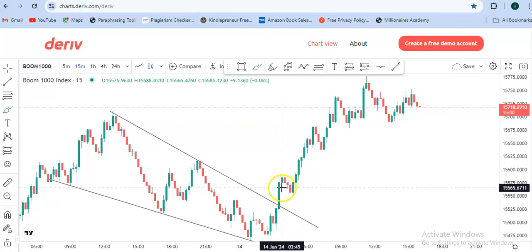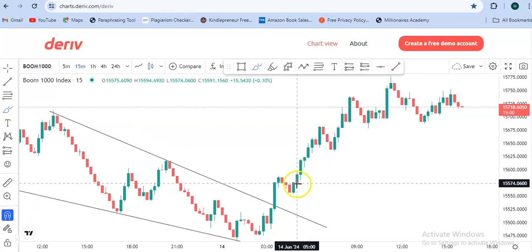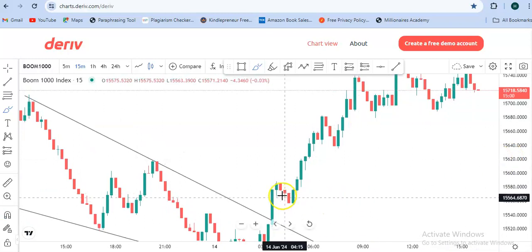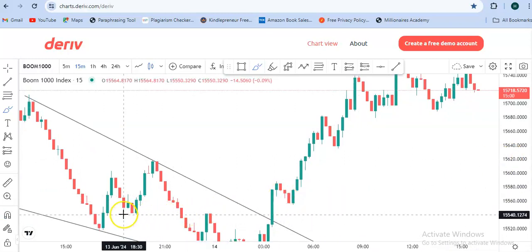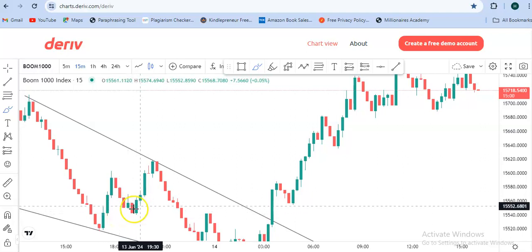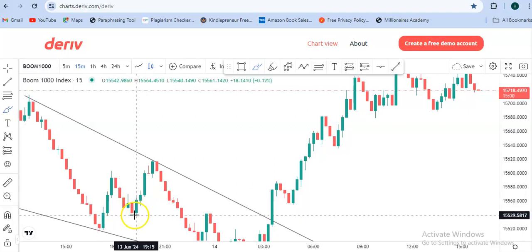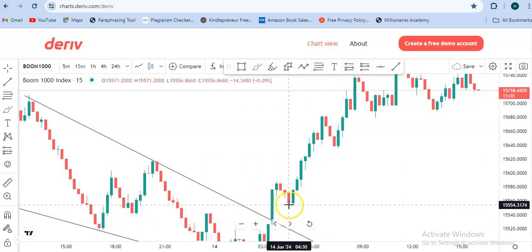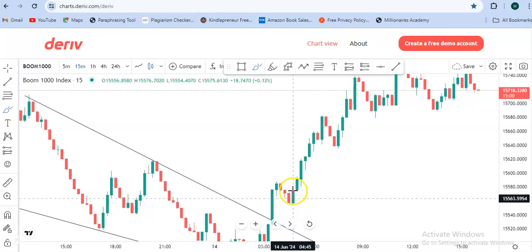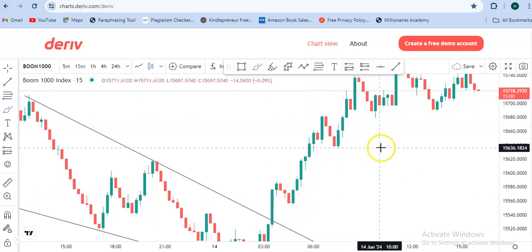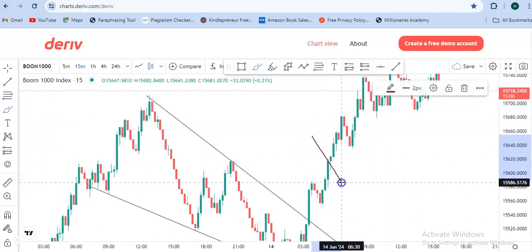Even if this one closed, personally, I would have entered the trade on the close of this second bearish candlestick that has a wick down. I would have entered, then put my stop loss somewhere here, below this particular low, around this point. You see, the market would have sold. I would have taken some little losses, but the market would later spike, like from here up to this level. Guys, this trade was